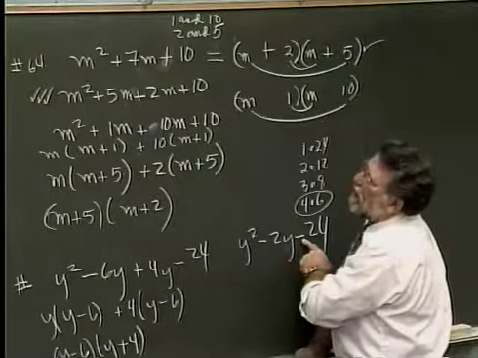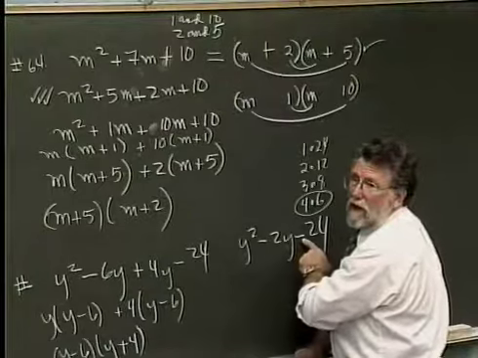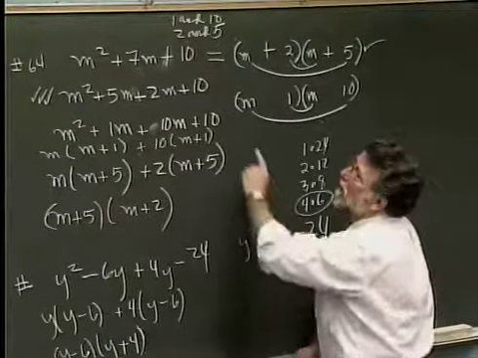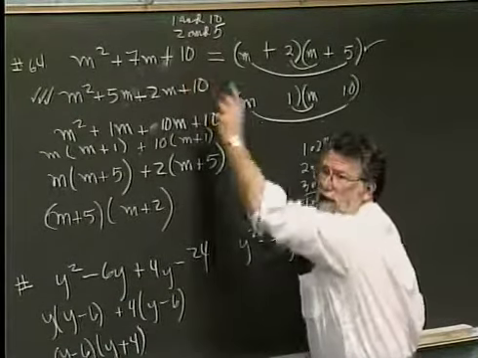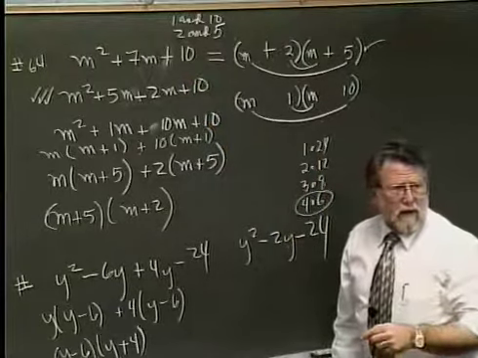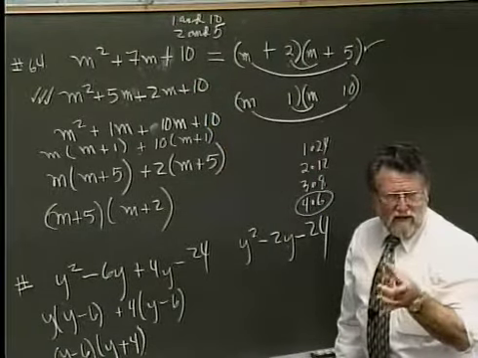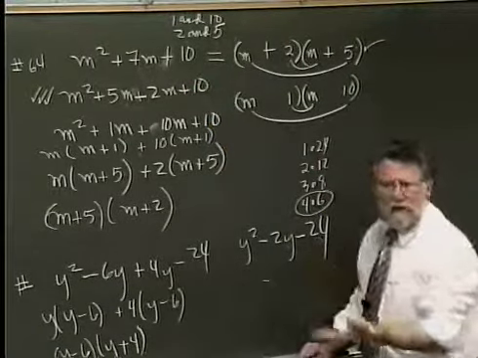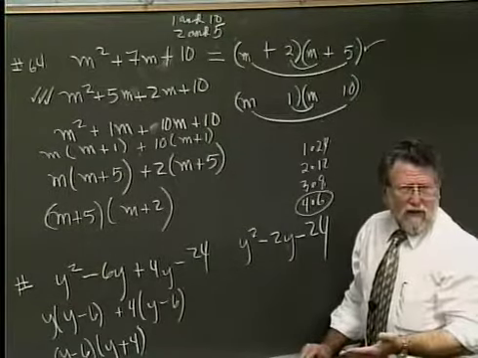Here, see what I can see up there. Okay, we can see it up here. I had a positive 10, and that told me I had to have a sum. So I look at the last term. If it's positive, a sum. If the last term is negative, a difference. So what I'm